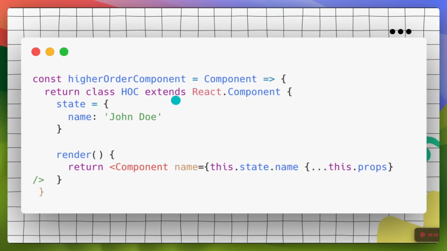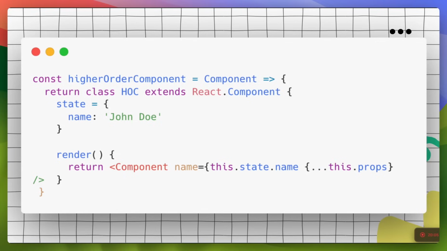the parameter. And the extra thing that we do is we attach some extra state to this component. In this example, we are creating a new state called name, giving it a default value, and then we are passing this name state variable to the component so that this component will have access to this state, and the rest of the props are passed as is by destructuring. So after you have created a higher order component